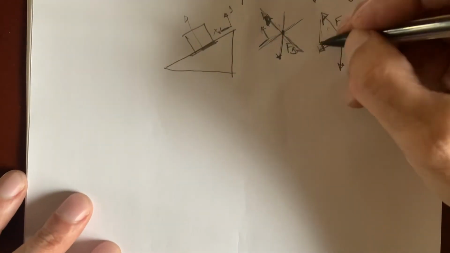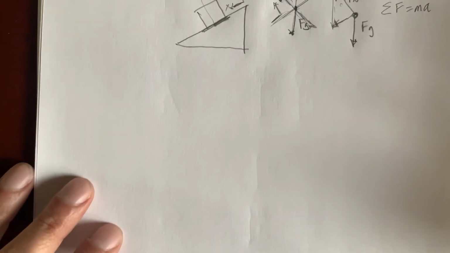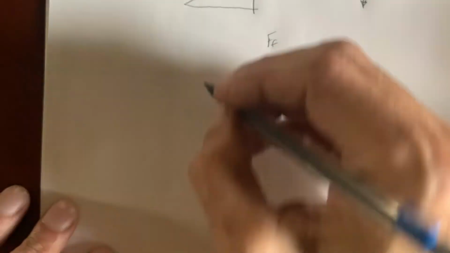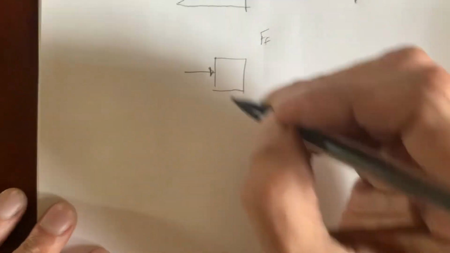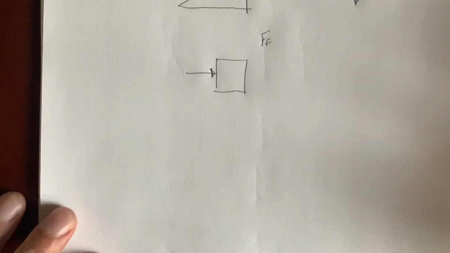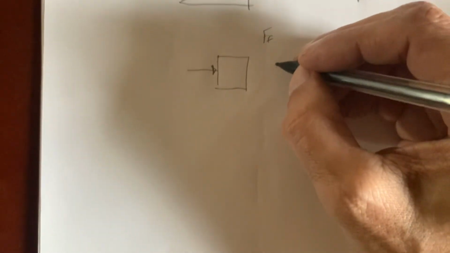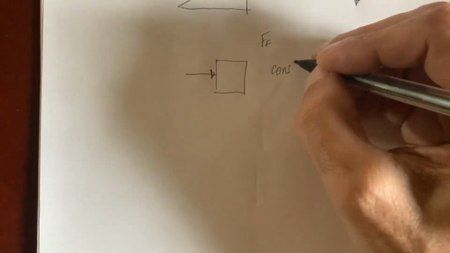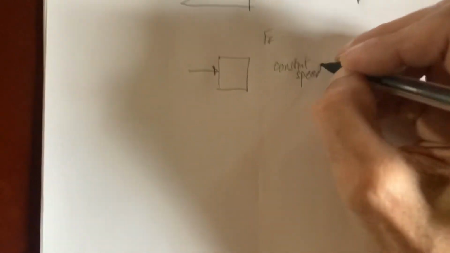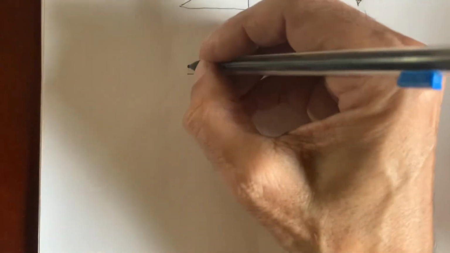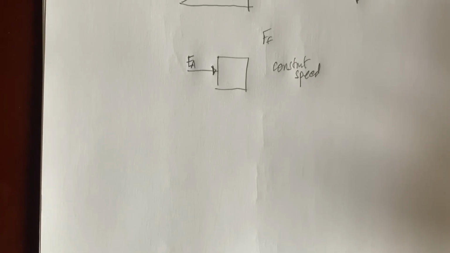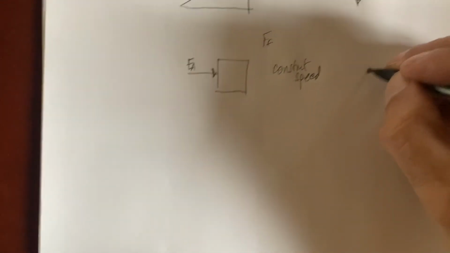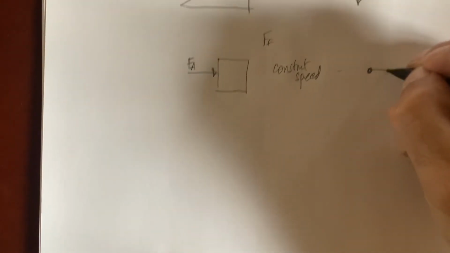Next thing that I want to go over is looking at free body diagrams with friction. So we use Ff for friction. And so if I have an object here and I'm pushing it and it's moving at constant speed, I call the force that a human applies, or a person applies, or an animal applies, Fa for F applied. And so the free body diagram for this, you would have F applied in this direction,